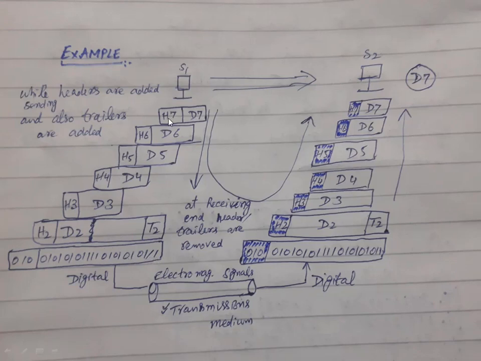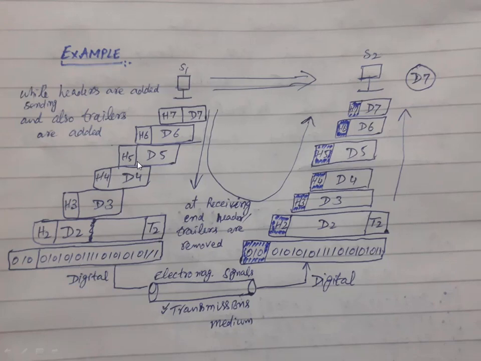Here the most important point is that while sending the data, headers are added and also trailers are added at the data link layer, and at the receiving end headers and or trailers are removed. These dotted lines or shaded area show that these headers are removed,